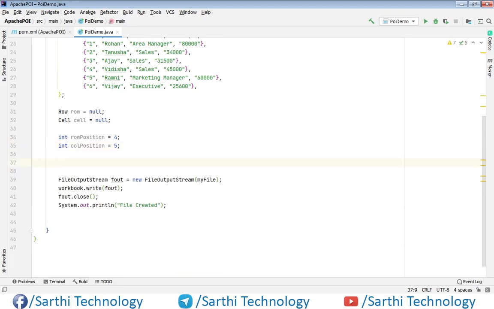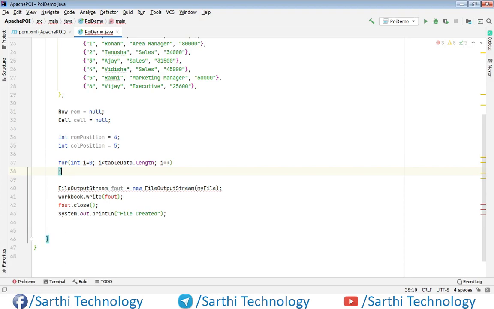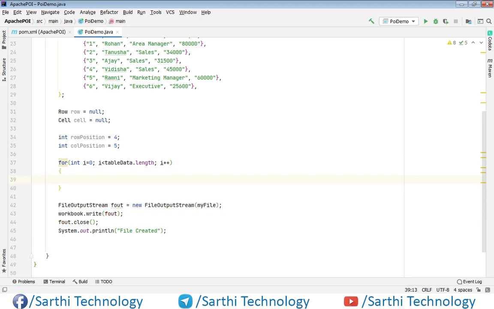Now let's create one for loop. And here first assign the value to row.